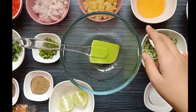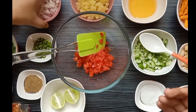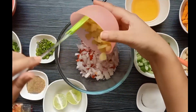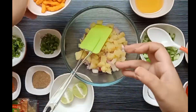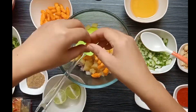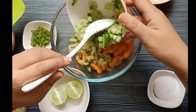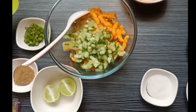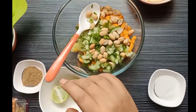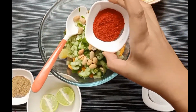In a bowl, add chopped tomatoes, chopped onions, chopped boiled potatoes, kurkure, chopped cucumber, you can remove the excess water, chopped chili, peanuts, chopped coriander, red chili powder,